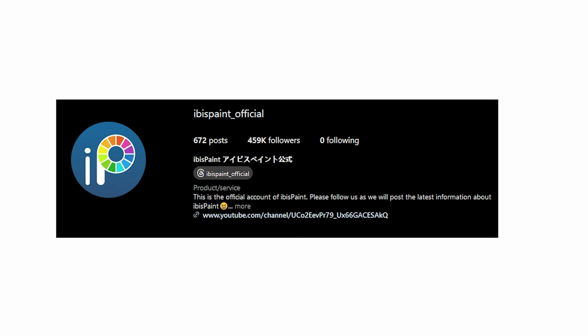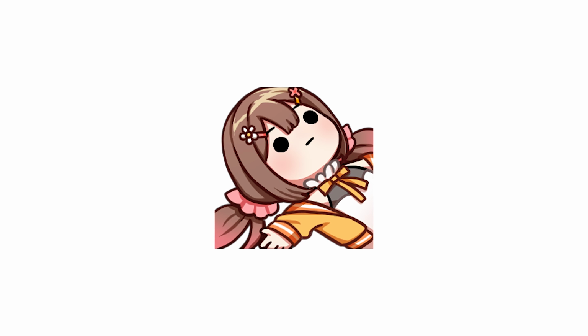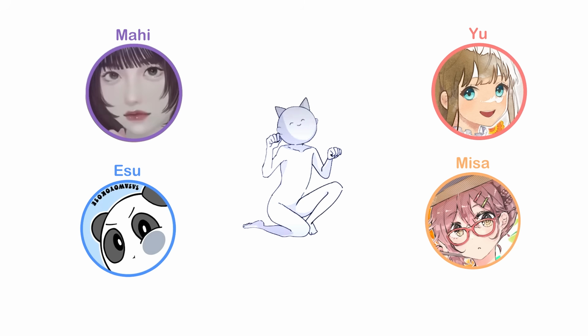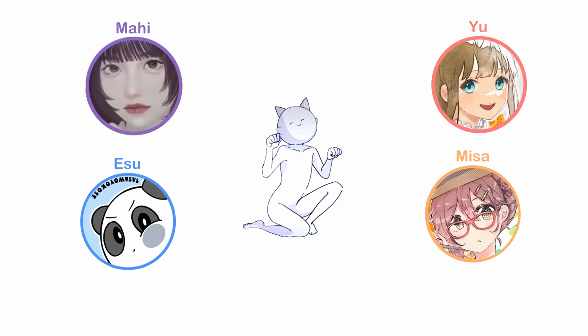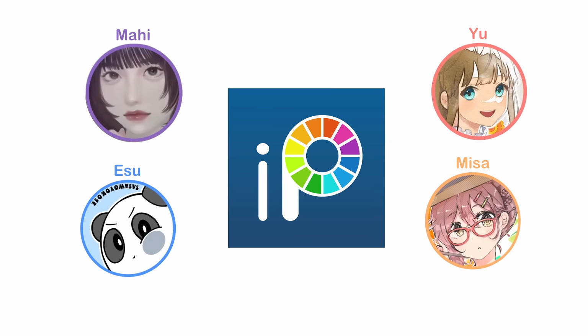Ibis Paint didn't follow any artists on their various social media pages, and there was nothing about the artist on the page. So I reached a dead end on this lead. My current running theory is that he's a gag character that SU created, and everyone jumped in to include him because they found it fun. And I honestly found it really cute that it was 4 girls running the channel together. It honestly sounds like an ideal job to me.